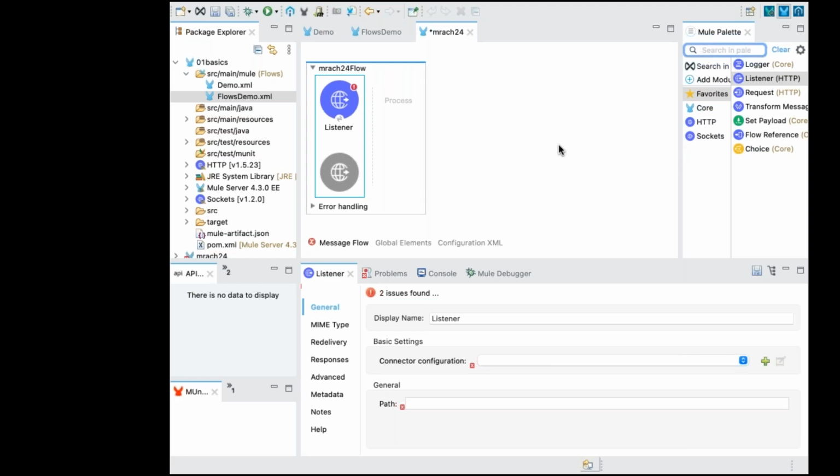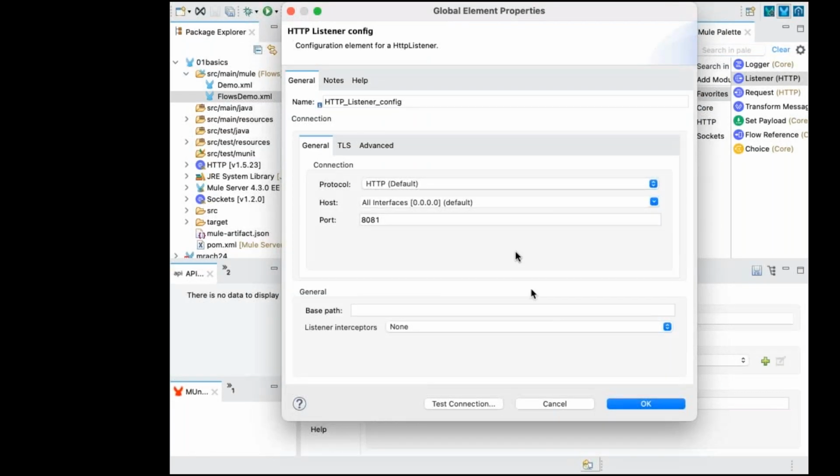Why variable? The variable is basically to get the query param value from the payload. What is the next? Configure that HTTP listener first. Pranay. Base path is slash my products, right?